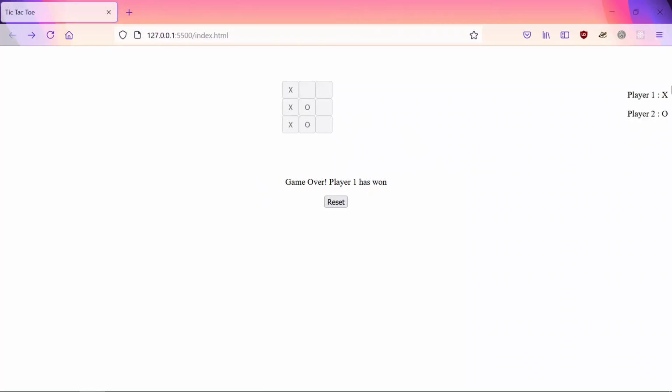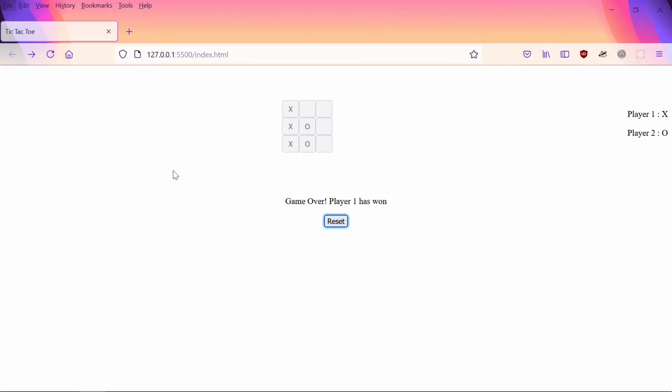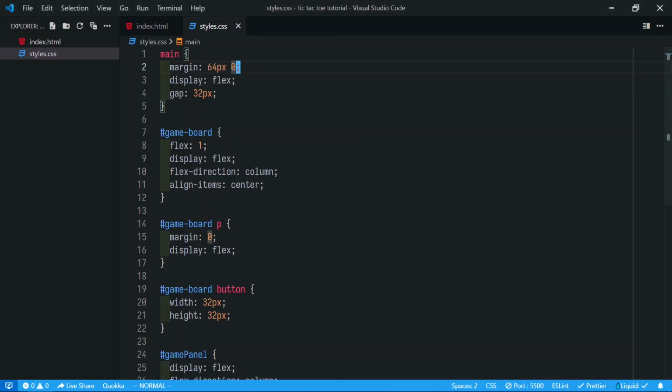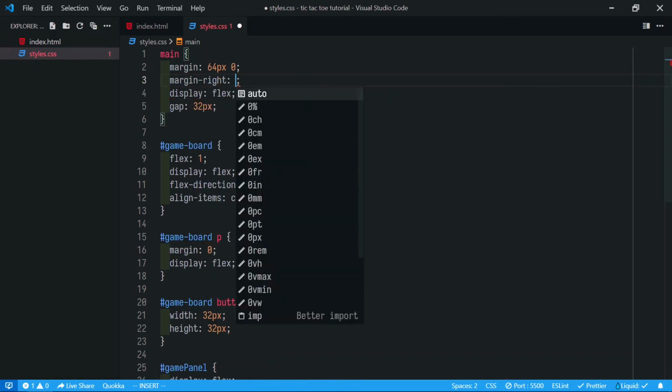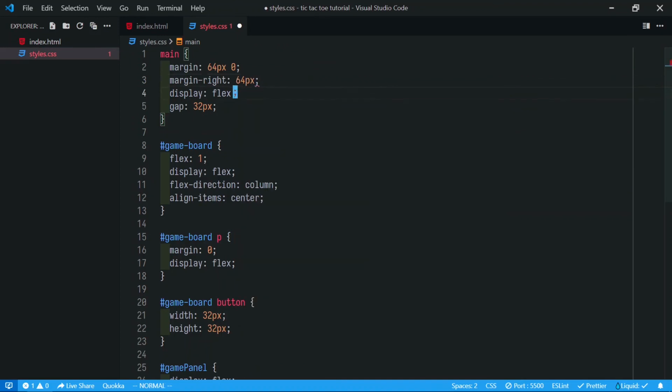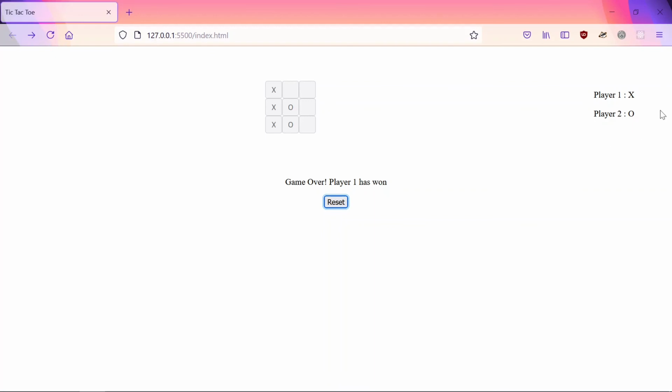Yes, now it's good. We can also give space on the right hand side, so let's do that. Let's give margin right, also 64 pixels. So we got the 64 pixels on the right hand side.